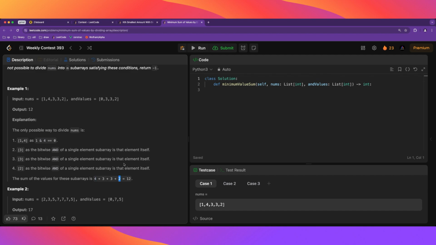So this problem is a little tricky. I think it's much simpler than the previous problem, but it requires